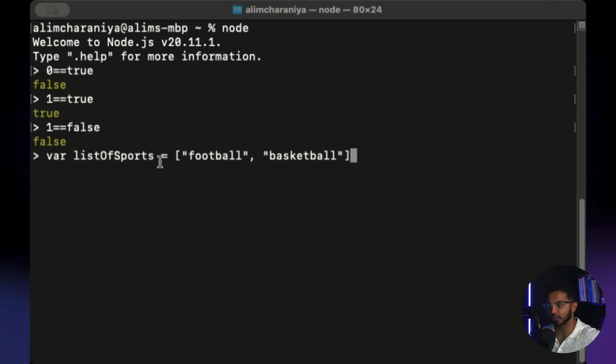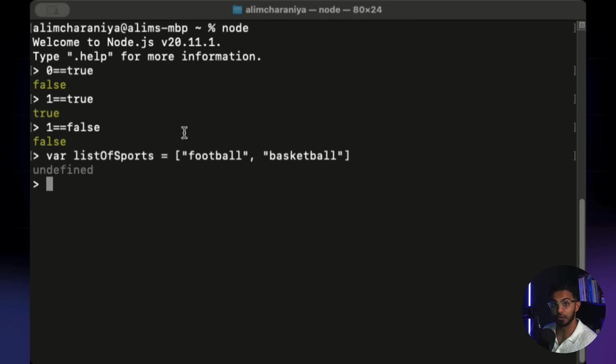What I want to show you is how computers count the number of items in a list. Computers start counting at 0. They don't start counting at number 1. So if I'm counting, where is the word basketball in this list? You as a human are going to say, well, it's not the first one, which is number 1. It's the second one, so you're going to say it's number 2 in the list. But that's not how computers think. Computers are actually saying football is at position 0 and basketball is at position 1. Let me show you how that makes sense.